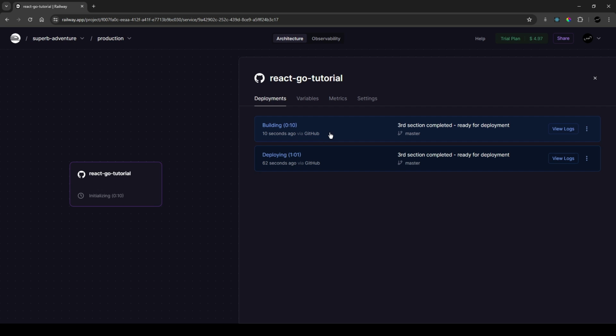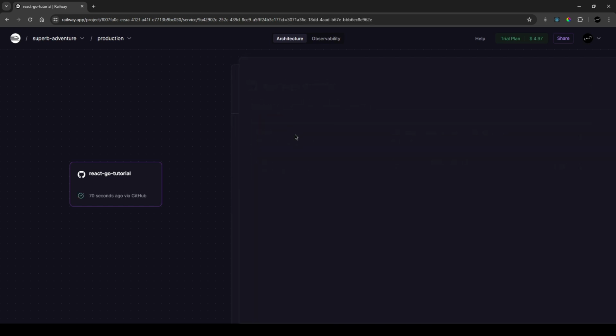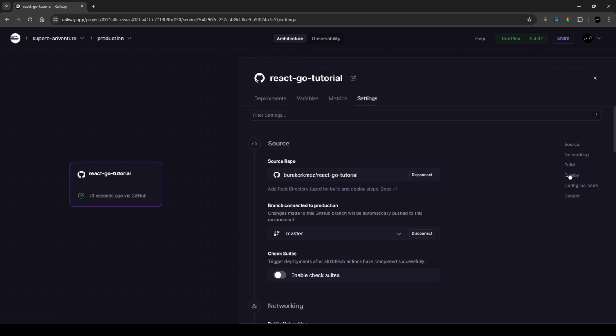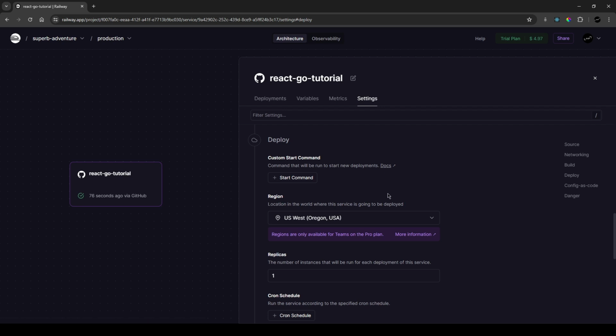Let's just wait, and hopefully it should deploy without any errors. And if we have, we'll just try to figure that out. So it just looks like the latest one is active. Now we could go into the, I think that should be settings. And for the deploy,